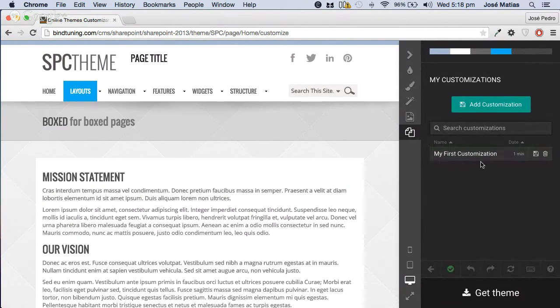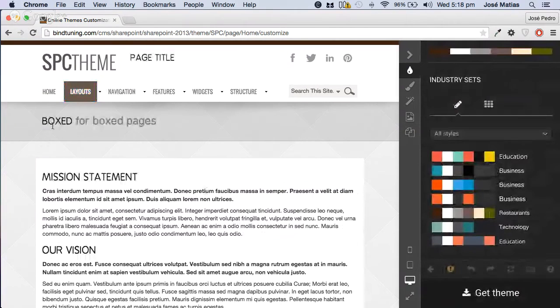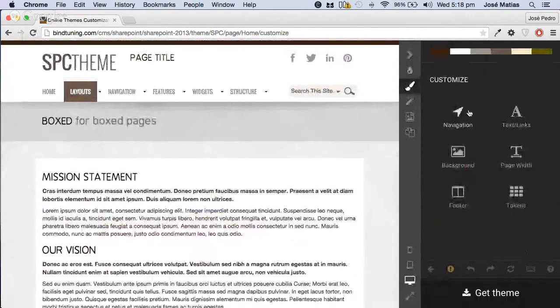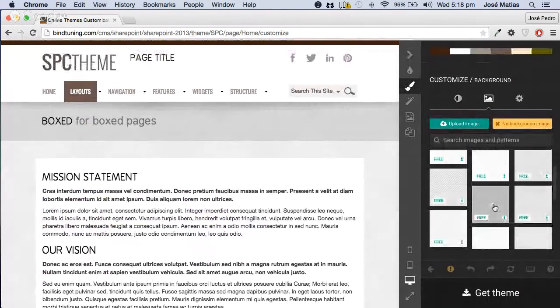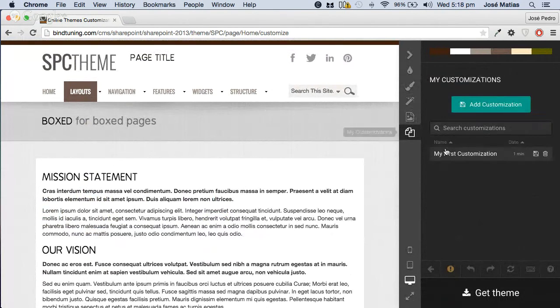What we now allow you as well is, okay, I have my first customization, but I want to do another one based on this one. So I'll just come here to my industry sets, and I'm going to choose this option. So it changes the font, it changes the colors. All my website is different now. I can come here, apply another background. Yeah, I can choose this one. Okay, I have a completely new website with the same page,